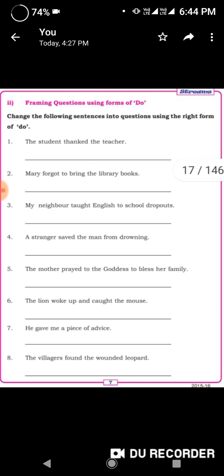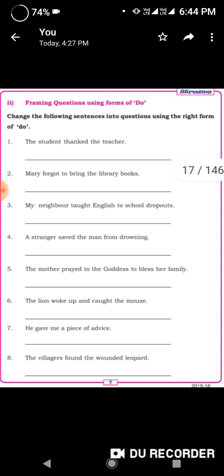Dear students, you'll be asked to frame questions or change the given sentences into questions using the correct form of do. The different forms of do are do, does, and did. In order to change the sentences into questions, the rule is